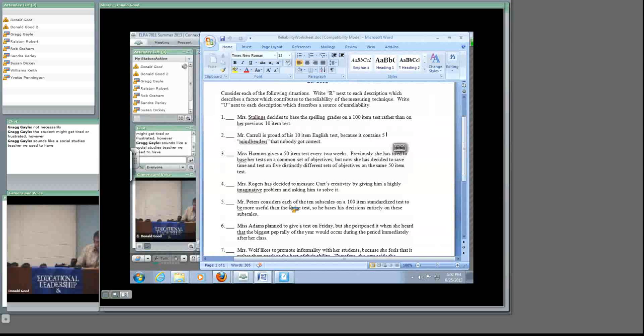Number 4. We're measuring creativity by giving a student a highly imaginative problem and saying, solve it. That's not reliable for a couple of reasons. One is that we're just giving one thing to do. But the other thing is, let's say,